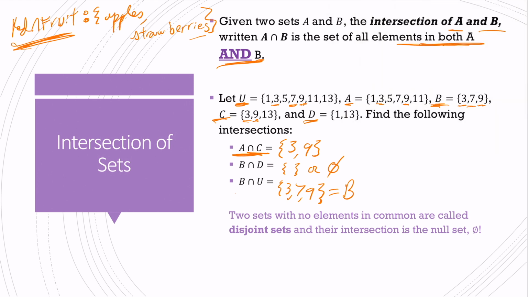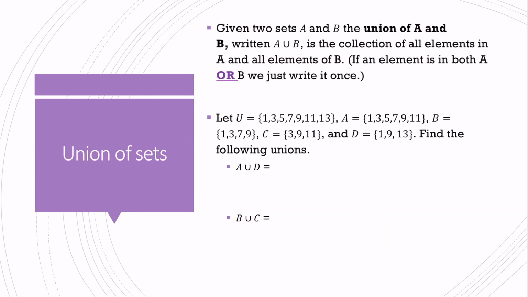We also have to look at the union of sets. When I have two sets, A and B, the union of A and B, written A, this fancy U, B, is the collection of all elements in A and all elements of B. But we only write each element once. So if I wanted everything that was in red union fruit,